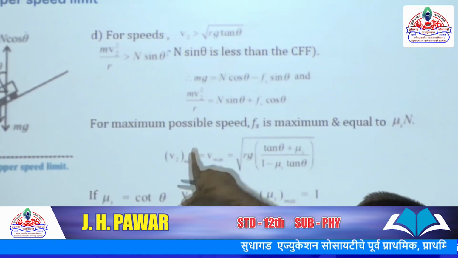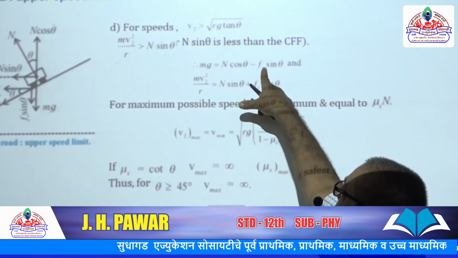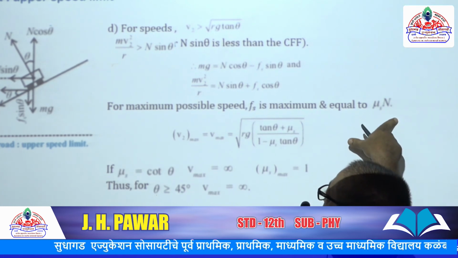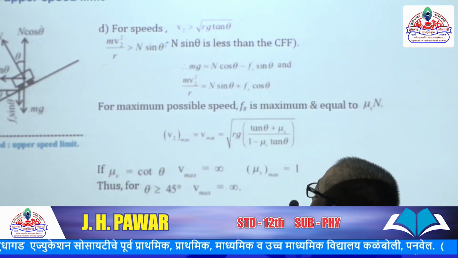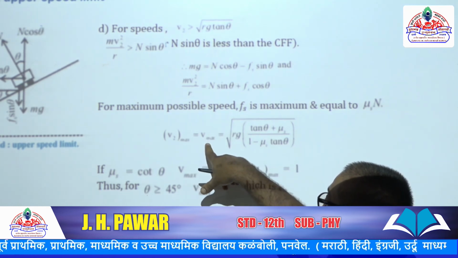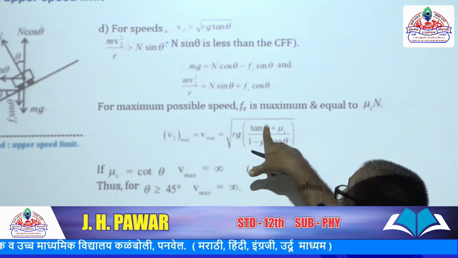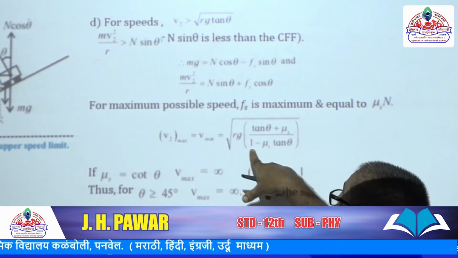Thereafter again we take the ratio, and rearranging the terms, with Fs taken as mu s n and cos theta taken common, we get V maximum as square root of Rg times tan theta plus mu s upon 1 minus mu s tan